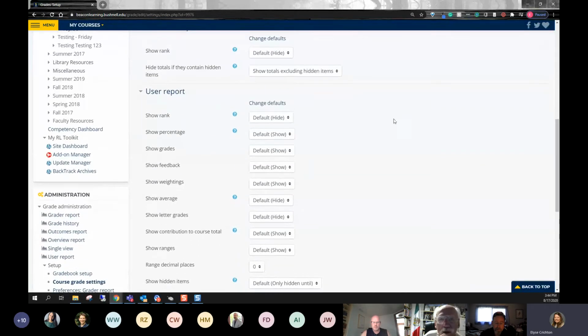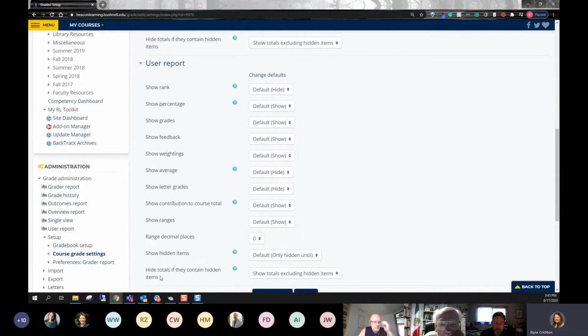I'm going to see if I can show both at once. Hide totals if they contain hidden items. And it's down here as well, so I can't quite show both. Okay. If you are hiding these assignments because you're not using them, you can show totals excluding the hidden items. That's what I see probably 90% of the time, if not more.